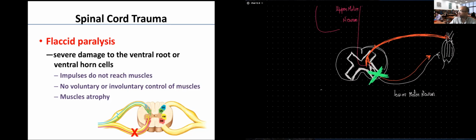If I injured the lower motor neuron, would there be any kind of signals reaching this muscle, either voluntary from the brain or reflex? Is there going to be any signals reaching this muscle? What do you think? No, neither the voluntary or the reflex signals, because the lower motor neuron is the one that's going to be conducting both kinds of signals. So no signals are going to be reaching this muscle. This muscle has no tone,